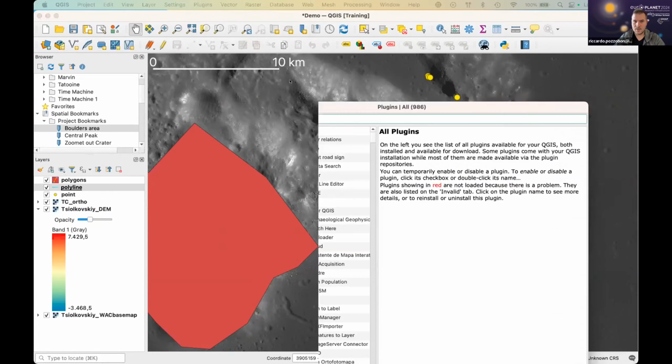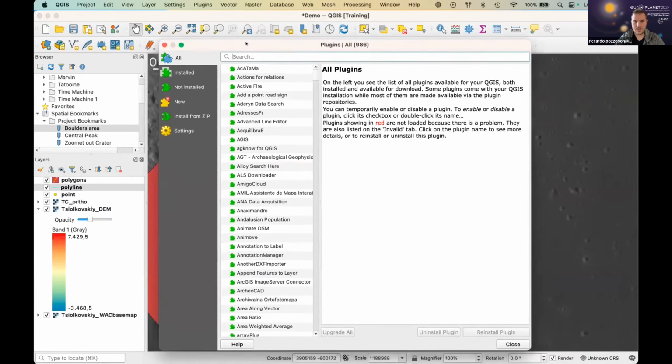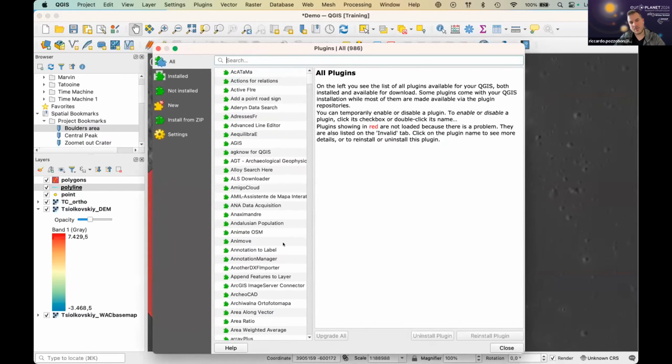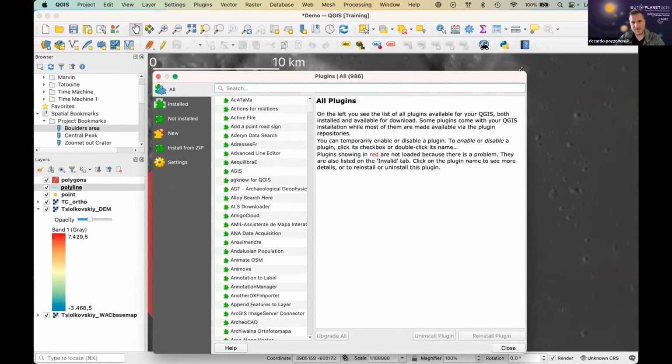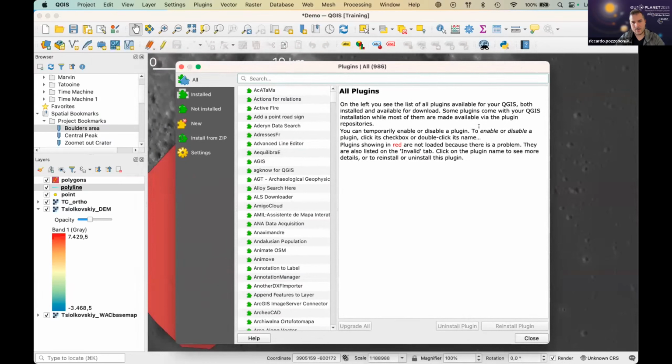And oops, you will have a new window opening. This is basically a repository, let's say, a store of different plugins with different functions for QGIS. Okay, and for, let's say, making our life easy with mapping, Luca has actually created a plugin to perform all this